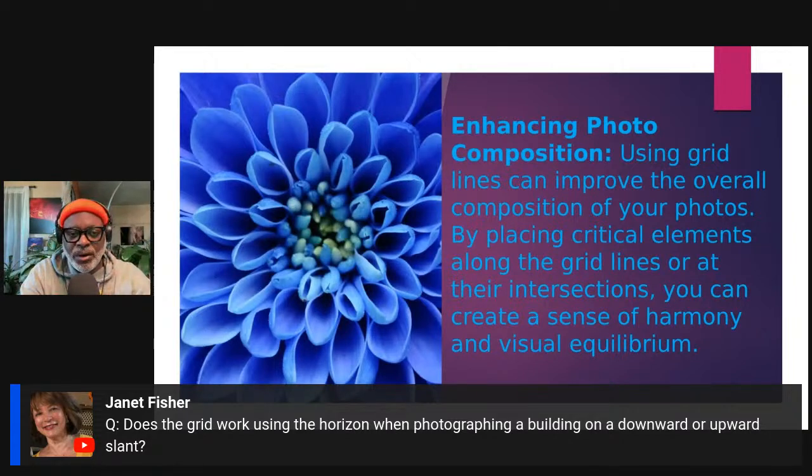Or in some architecture, like there's a building in Manhattan, I forgot, on 42nd Street, where there is a slant. There's a slant coming out, but at the end of the day, your verticals and your horizons are still going to line up. You're still going to make a 45-degree angle. But there are some cases where it doesn't work, and you have to use either or. You have to use your horizon line to make the line straight, or you use your vertical line. Okay. So again, there are some rules to be broken.